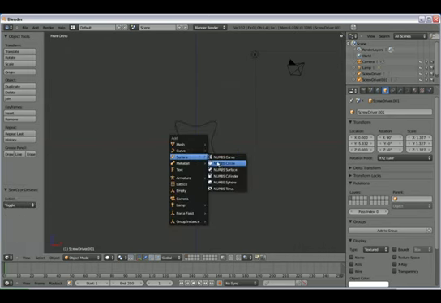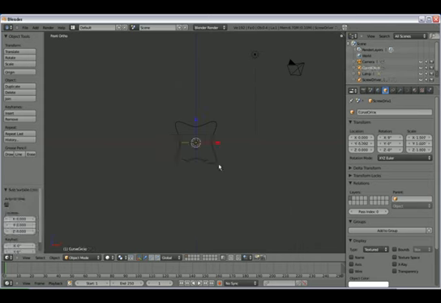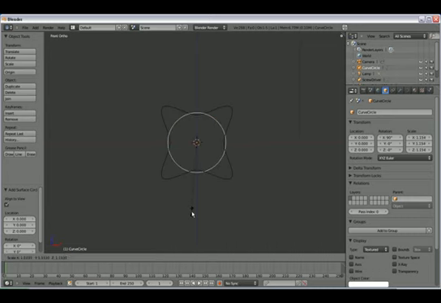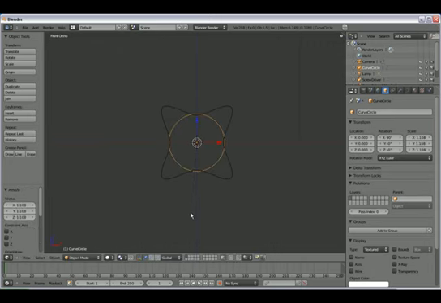Shift A to add a surface, and this time also a Nurbs circle, and align it to the view. Now I think you want to scale it up just a little bit, just like that, or maybe, yeah, it's okay, just like that. And then make sure